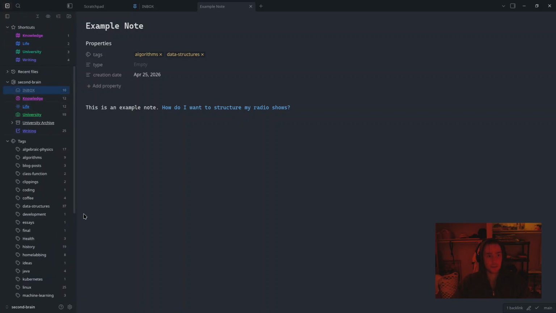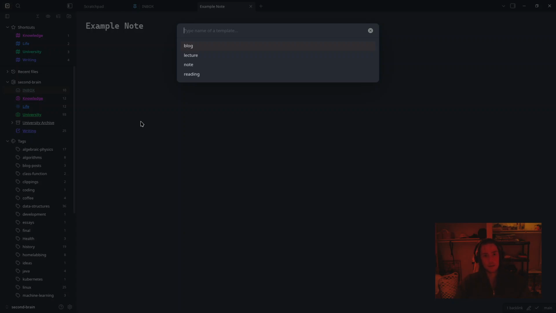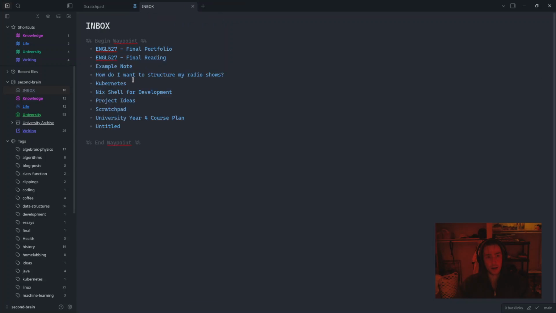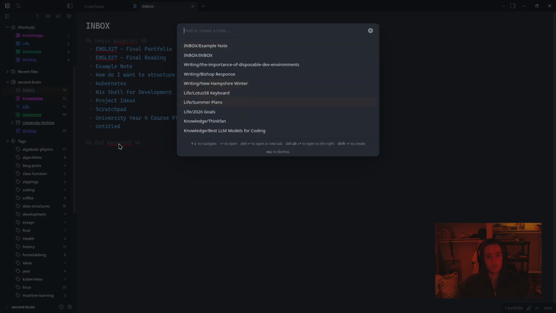buckets that I have. And like I said, I use these templates. So actually, if I were to clear this out completely, you can see I have a blog template, a lecture template, a regular note template, which is like the default template I use for everything, and a reading template. And if you were to look at my lecture template, you'll notice I do actually take out quite a bit more information. I also specify what course it is, what semester I'm taking it in, what year of college I'm in. And I do it this way because it allows me to very easily search through all of